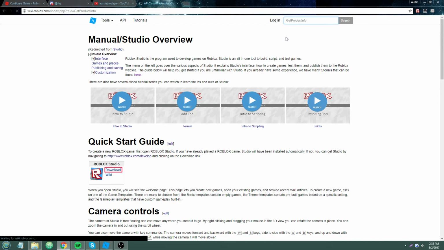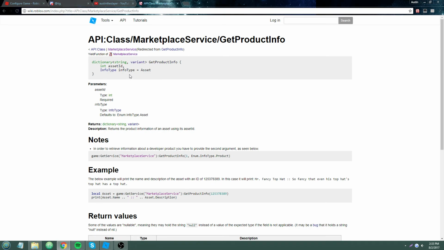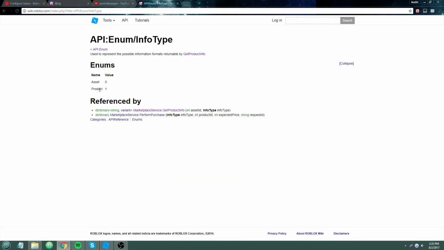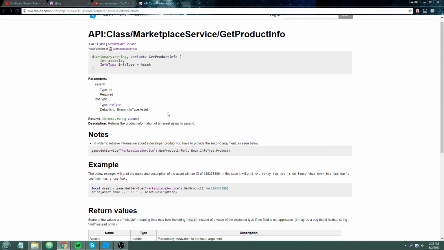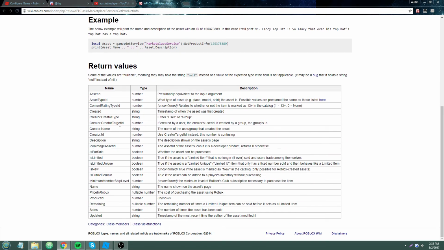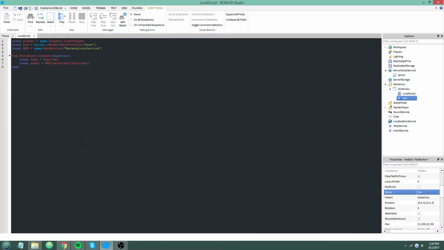So this is a really cool method called GetProductInfo. Whenever it loads, you pass it an asset ID. I think it also works with developer products too, but you need to pass this info type thing as if it's an asset or a developer product. If it's an asset, you don't even need that argument. So basically, you pass it an asset ID, you get this big table of a bunch of useful stuff. For example, I sometimes run it through a command line in Studio. If I want to check the sales on my Game Pass, I can just do